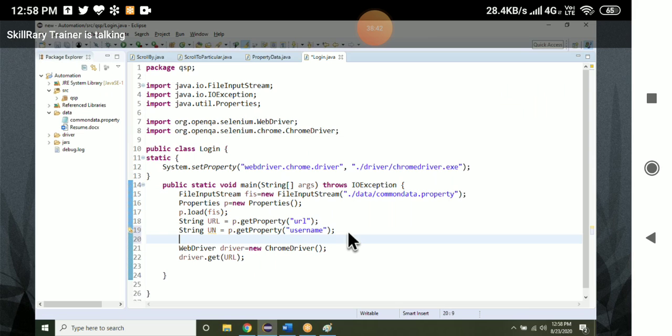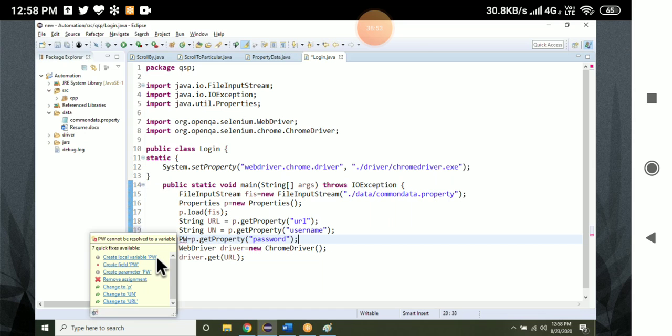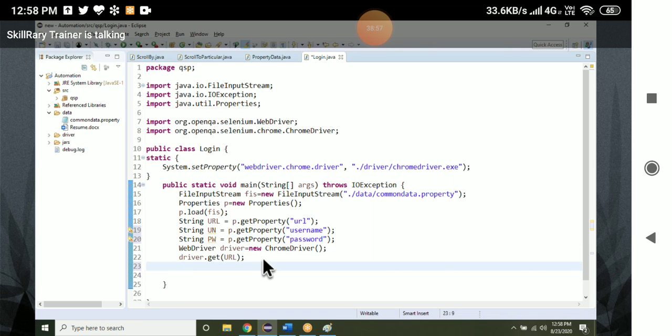Password equals p dot get property password. Okay, now tell me how to enter the username and how to enter the password. Can you tell me now?